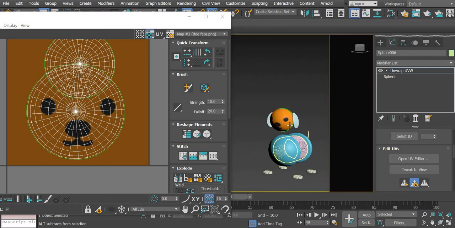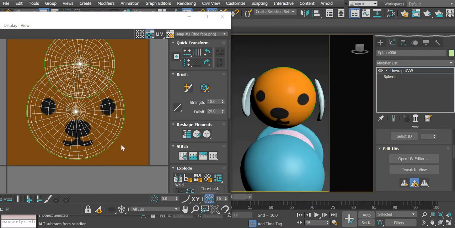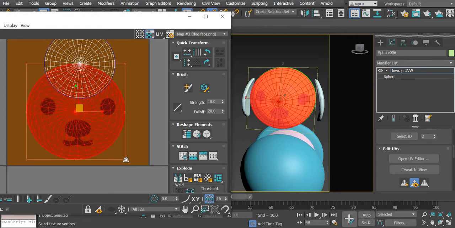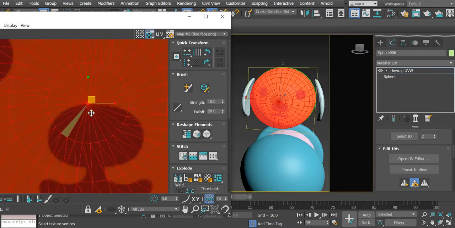Okay, now if you think that those eyes are too big, then you can further scale it and then decide how big or small and the location of the eyes and the nose. Okay,